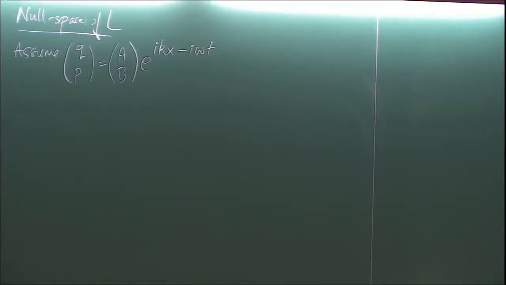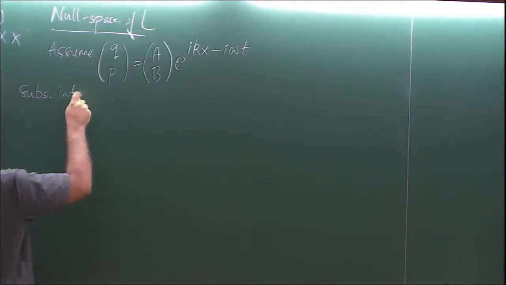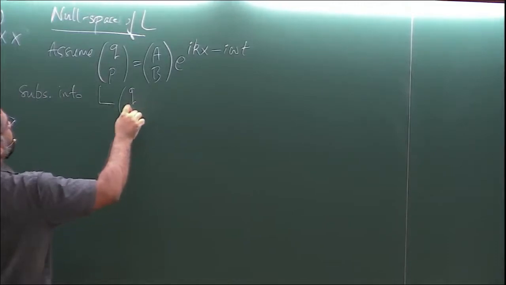Right? So k is any real number. So effectively, if I pick a k, I'm looking at functions that are 2 pi over k periodic. Okay? So if I substitute this into L applied to QP,